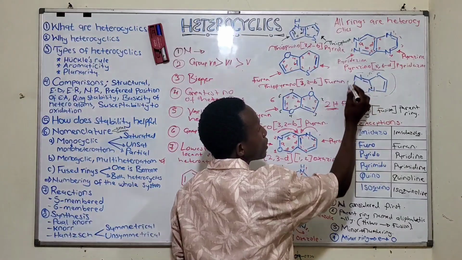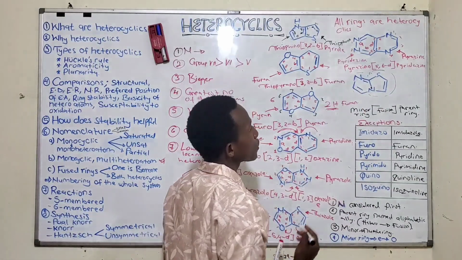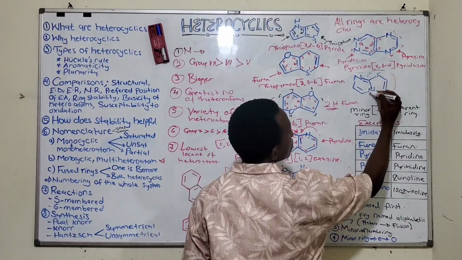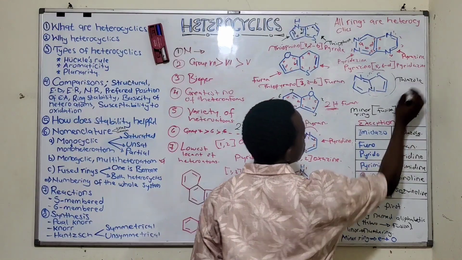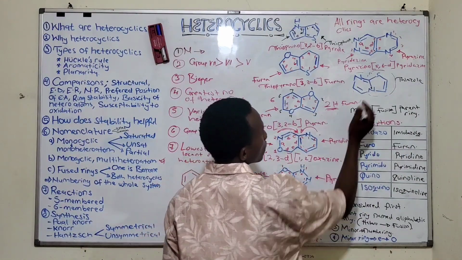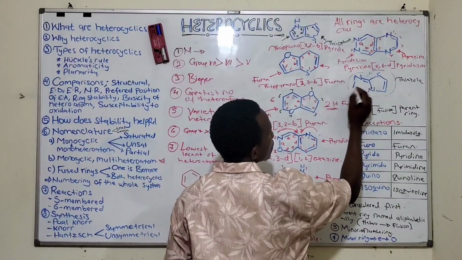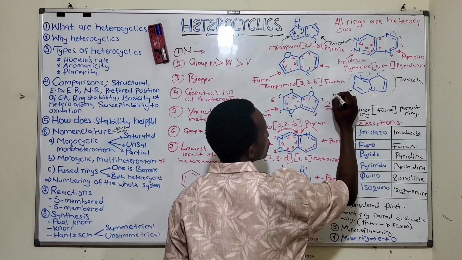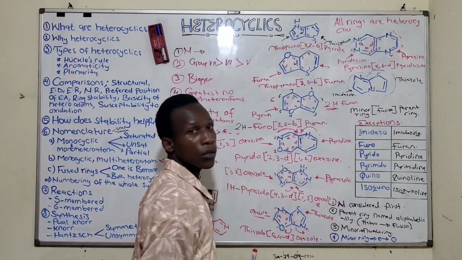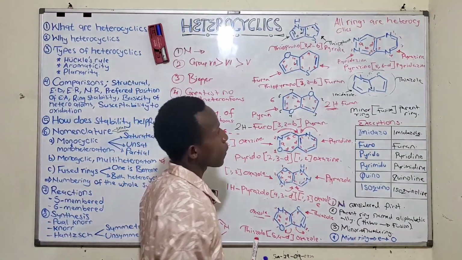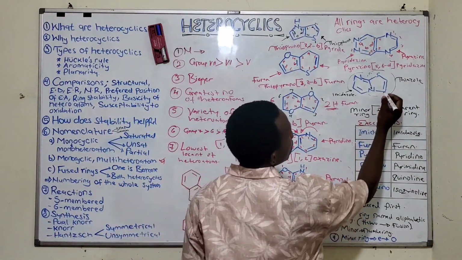And if you take this ring, it should be part of it. So if you consider this ring, this one will be thiazo. And if you take this ring, it will be imidazo. I think. So when you are naming,